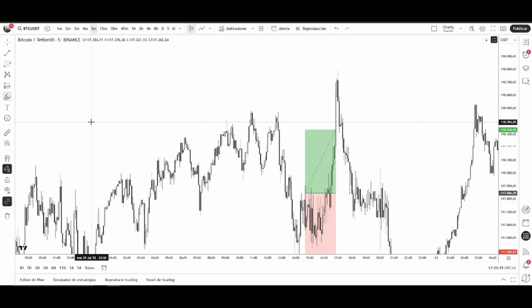We will break it down right now in a second. But with the rule of the third impulse, we need a first impulse and the first pullback. Also a second impulse. Until this point, everything is clear. But take notes of this. For the rule of the third impulse to be valid, we need a second pullback.